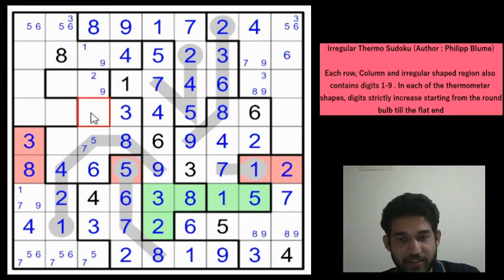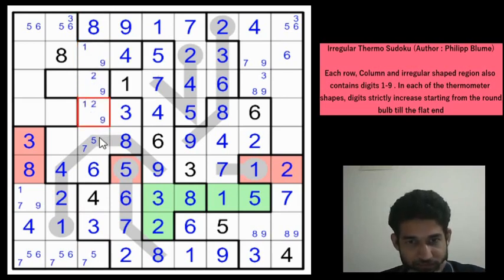This is 2, 9 and this is 1, 2 and 9. So I wonder whether we can use the in-out rule at the top of the grid as well. We have managed to use it in the bottom of the grid. So, top of the grid, the grid is very symmetric. So these two cells and this cell and these two cells are going outside, and these two cells and